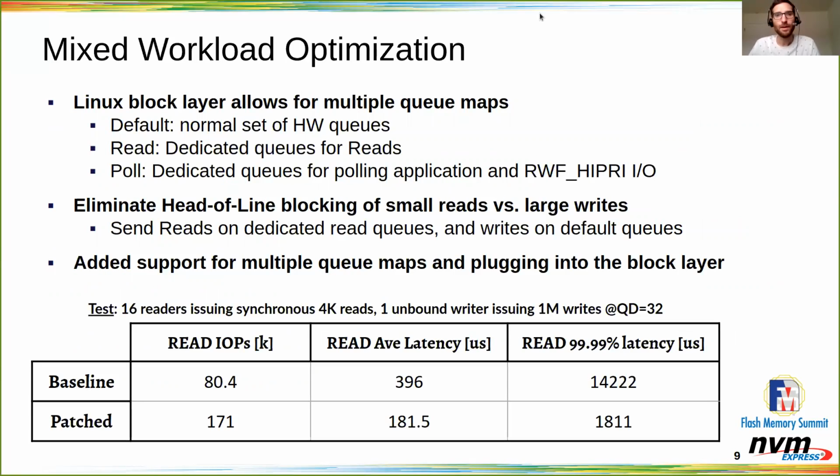Now, the first optimization that was done is to address mixed workload. As we said, head of queue blocking could be apparent in the case where we have a large write coming from the host that needs to be sent on a queue, and the host finds itself sending a large message, because NVMe TCP defines the messaging on top of the TCP stream. And then behind it sits a small read that cannot make forward progress until this large write actually completes, if it happens to be on a single queue. So this problem is apparent, and the mitigation starts with